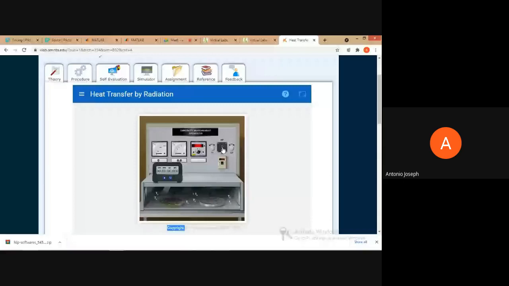In this particular virtual lab of Amrita, there's a disadvantage also, because they have some errors in taking the temperature values, because I had used it last year for the students. So that's why I'm telling that. See, here we have a base plate, so we can view the voltage and the current. We can set the voltage and current of the base plate and of the top plate by just clicking onto this base plate.